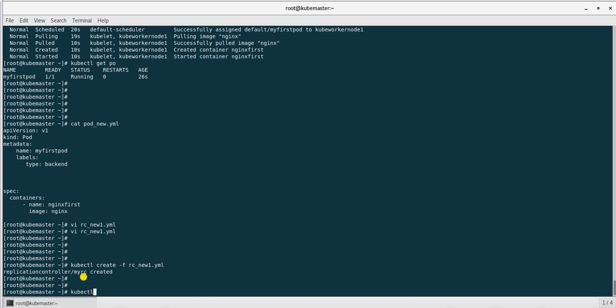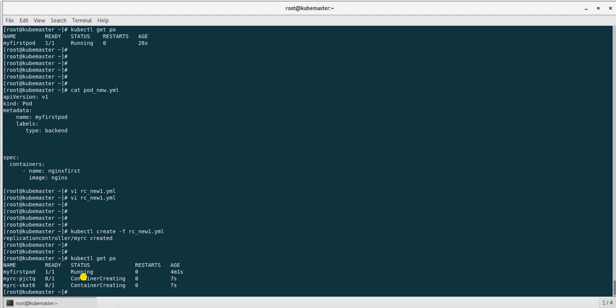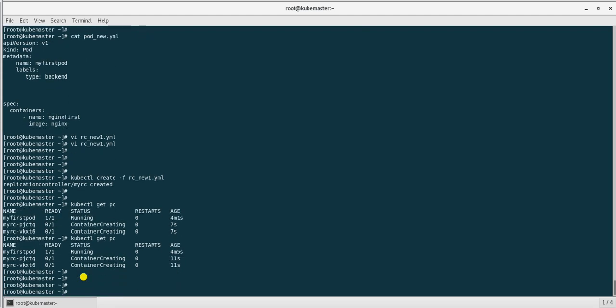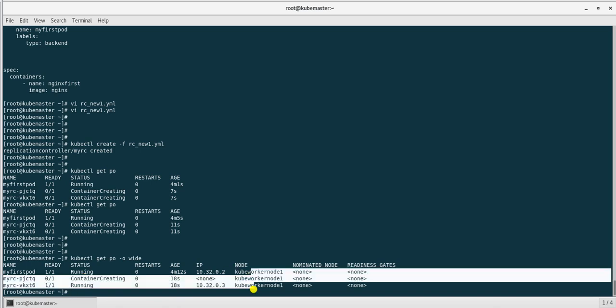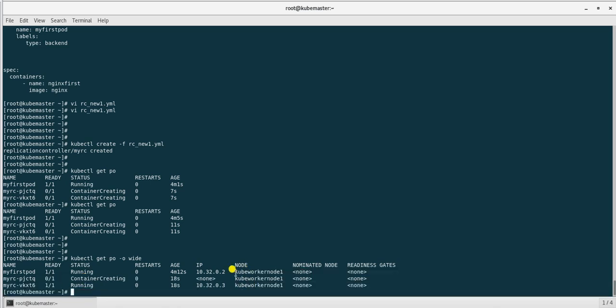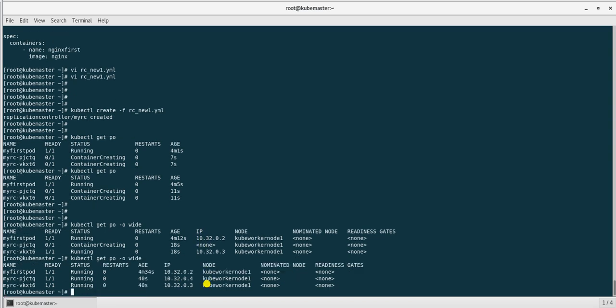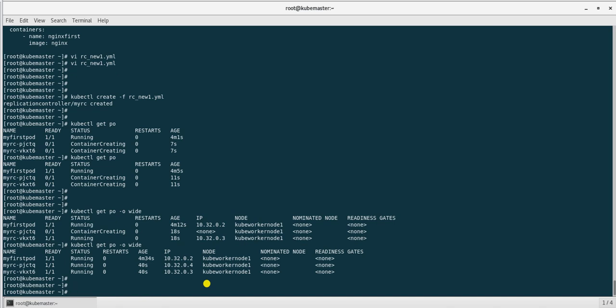Let's see our pods, see, 2 new pods are getting created, and we can also see in watch mode by using -w. All the 3 will be created on the worker node. I have only one worker node, so they will be created on that. And these are the IPs assigned to our pods. Let's say all the 3 have been created.